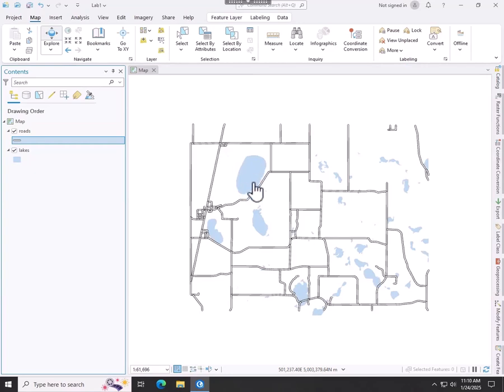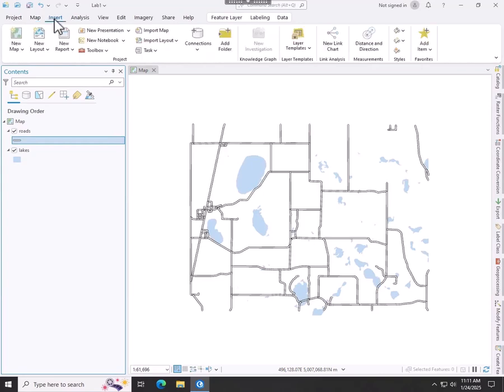So now I've got the roads and the lakes on my map, and that's what this is called. That's a map. All right. Now I want to create this map on a piece of paper, or the virtual piece of paper, into a PDF to actually turn it in. And when you're creating the map to turn it in on a virtual piece of paper, that's when you put the title and the north arrow and the legend and the scale bar and all the map elements on that. Now, in order to do that, you need to go to the Insert menu at the top.